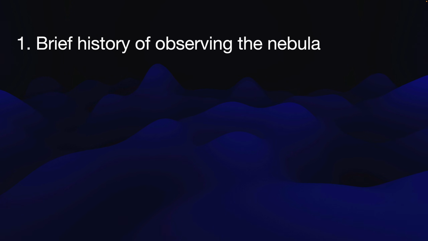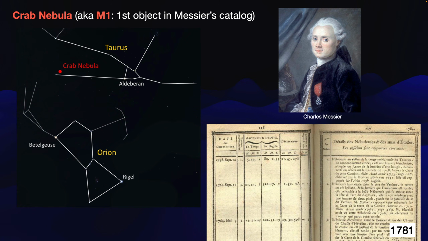So, brief history of observing the Crab Nebula. Way back in 1781, Charles Messier published his catalog, and he made the Crab Nebula the first item in his catalog, M1. He was an interesting astronomer. He was an amateur astronomer, but he loved hunting for comets. And the thing about a nebula is it looks kind of fuzzy, kind of like a comet might. And so he wanted to make a catalog of all these nebulae, and star clusters, so that people wouldn't mistake